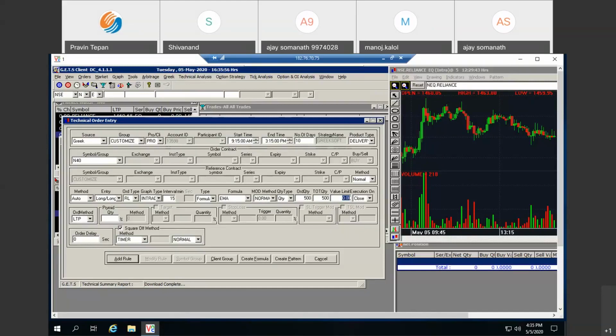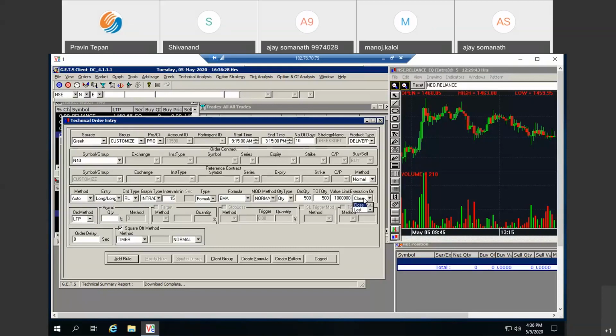So basically I have selected 40 scripts here. So if you want any restriction on the number of buy value also, then you can place it here. So 0 is unlimited. That means it will go for all the scripts. And if you place any amount like 10 lakhs, it will place the 10 lakh value of buy only, sir. After that, any buy order will be rejected. It will not place the order. So this is how the value limit will restrict your buy value or sell value, anything.